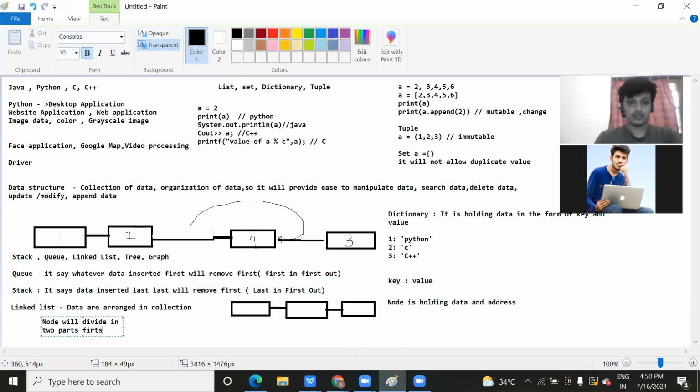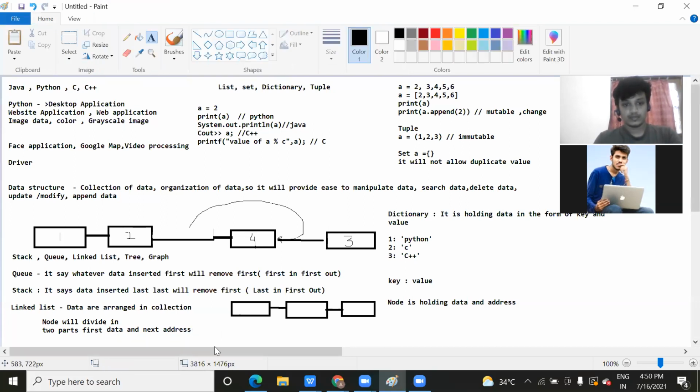First is your data that you want to save, just like 1 2 3 we have saved. So first is your data, and next is your address.